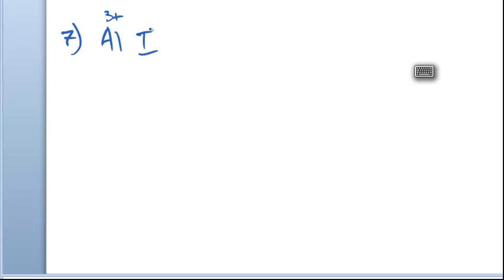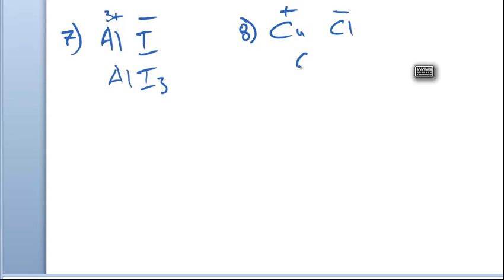Iodine, again, it's in the halogen group 7A, so single minus. Therefore, it's going to take 3 iodines to balance the positive charge on aluminum. So the correct formula for the ionic compound is AlI3. All right. Okay, number 8, copper 1 chloride. Okay, copper. The Roman numeral 1 means a single positive charge. Chloride, that's a halogen, group 7A, just like iodine, so single minus. Therefore, copper 1 chloride is simply